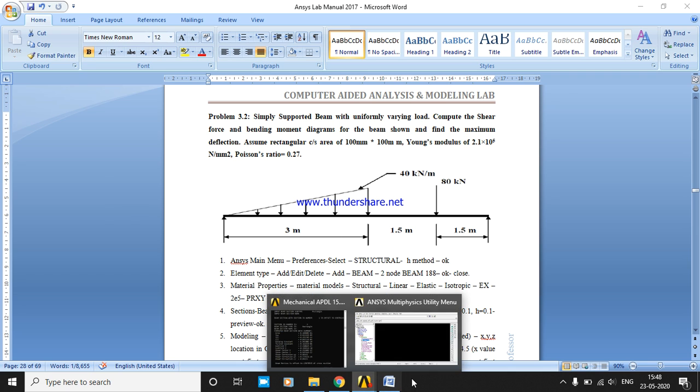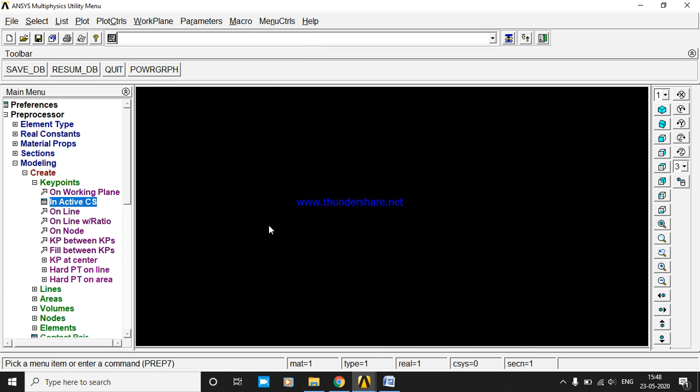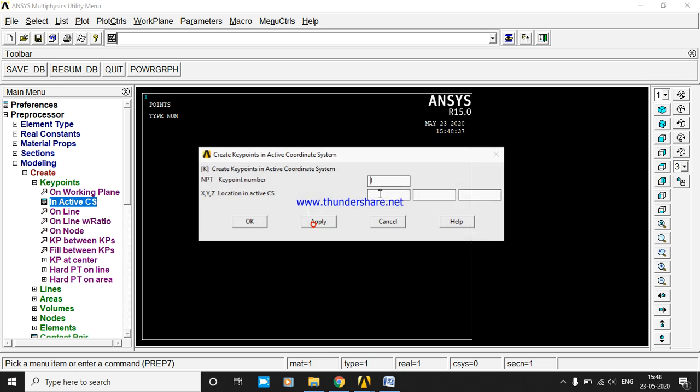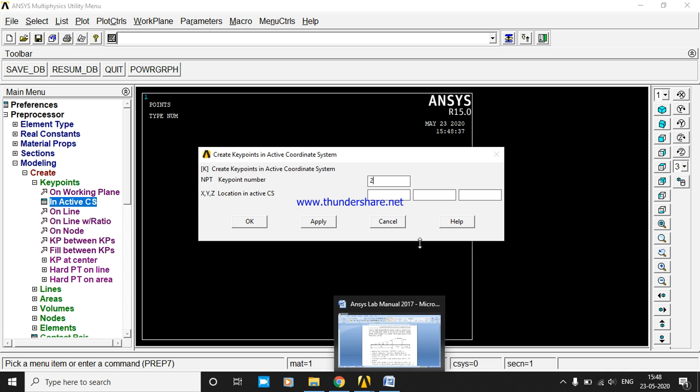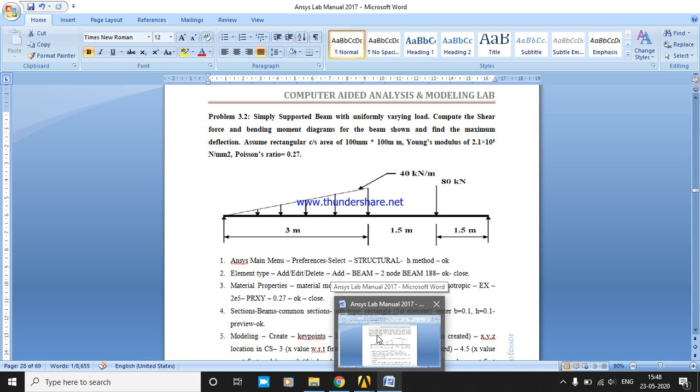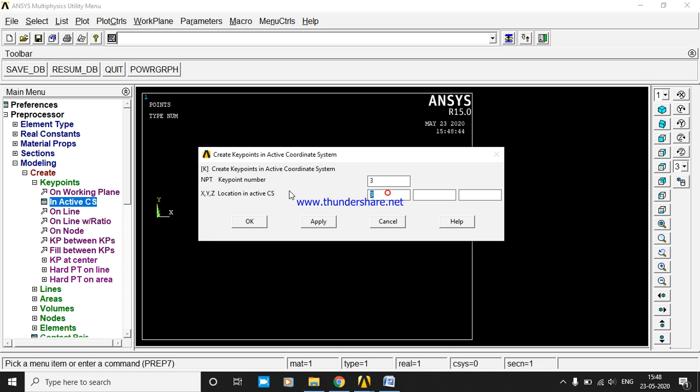So in active CS, first node is at 0, second node is at 3 meter. Apply. Third node is at 1.5 plus 3, it is 4.5.